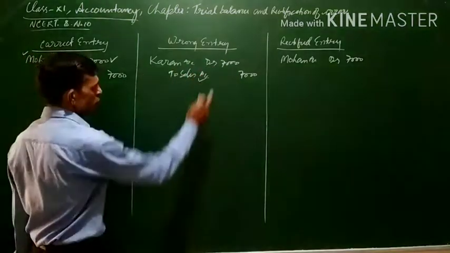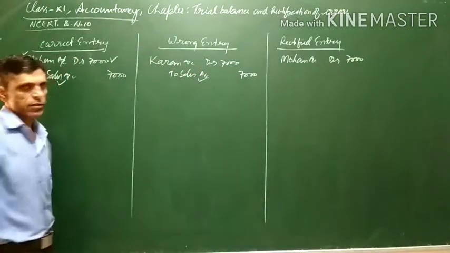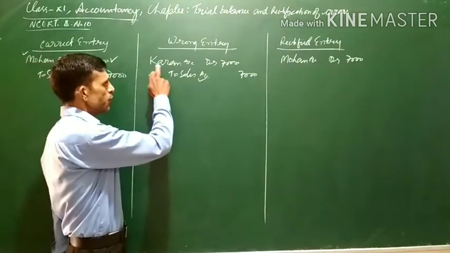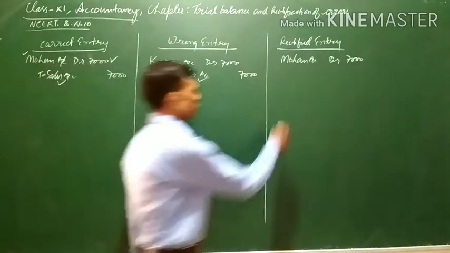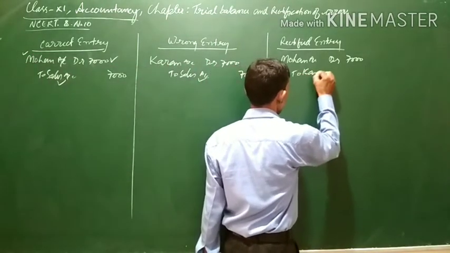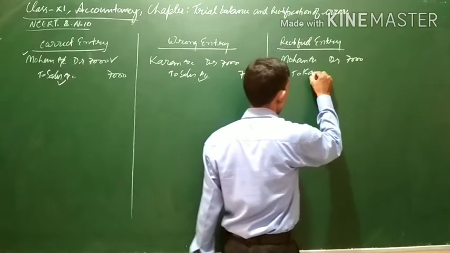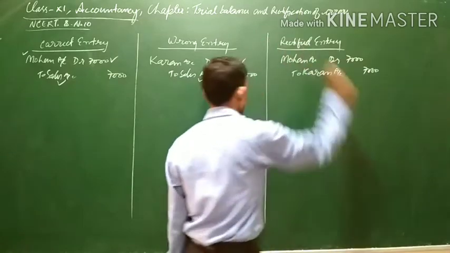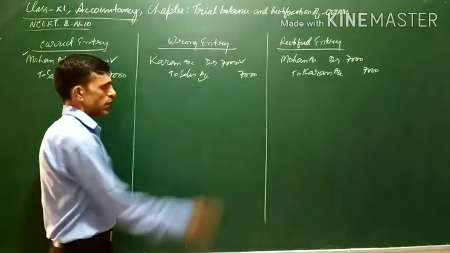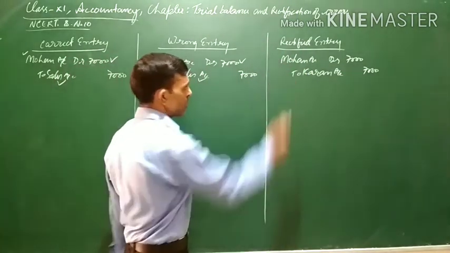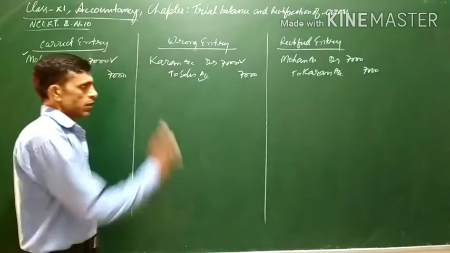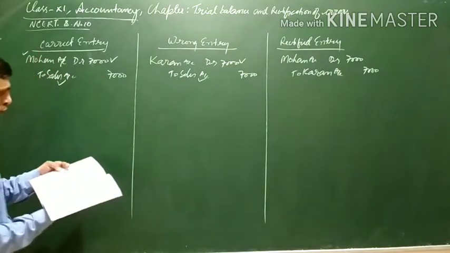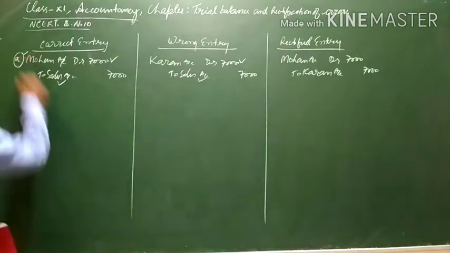Now current account has been debited, but this is the wrong entry, current account should not have been debited. In order to cancel this debit, we have to credit current account. So we will write to current account 7,000. Now the wrong has been rectified. You can see the debit and the credit both are equal, that is 7,000. So this is the rectification entry for question number 10A.